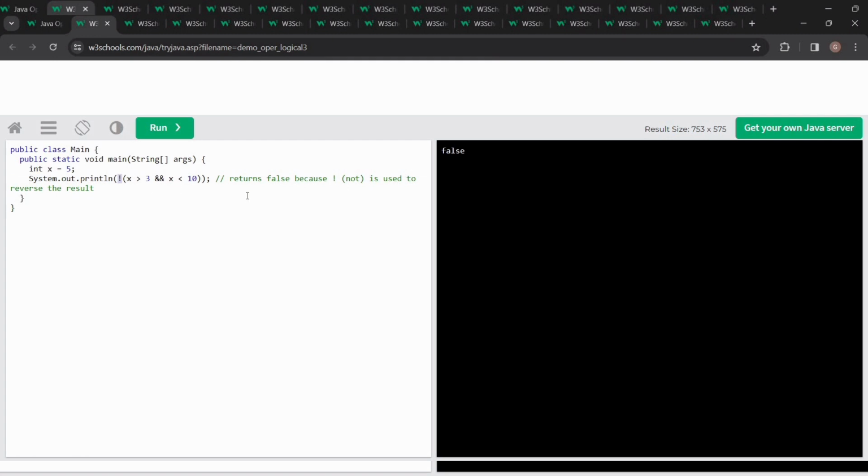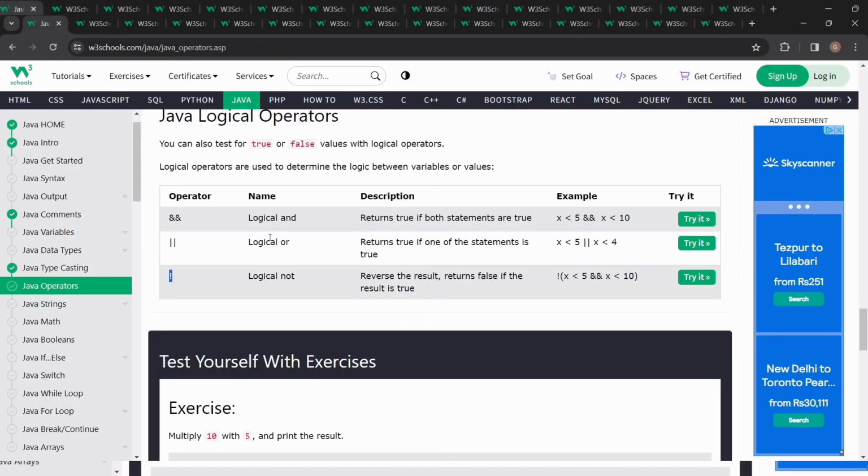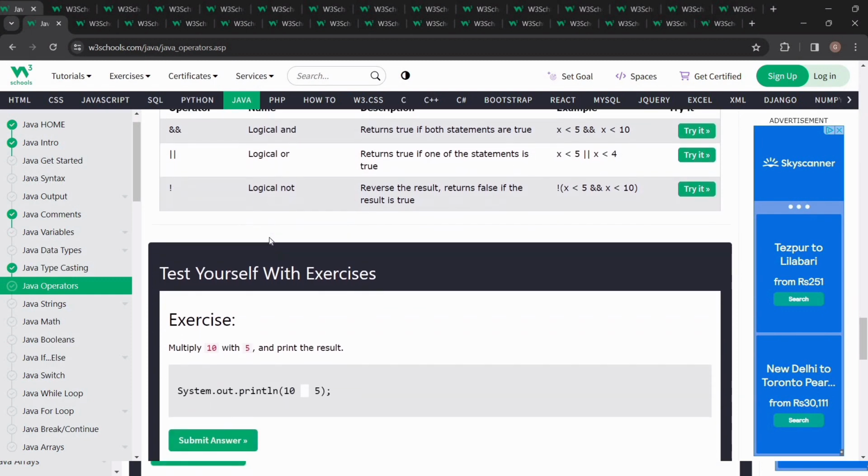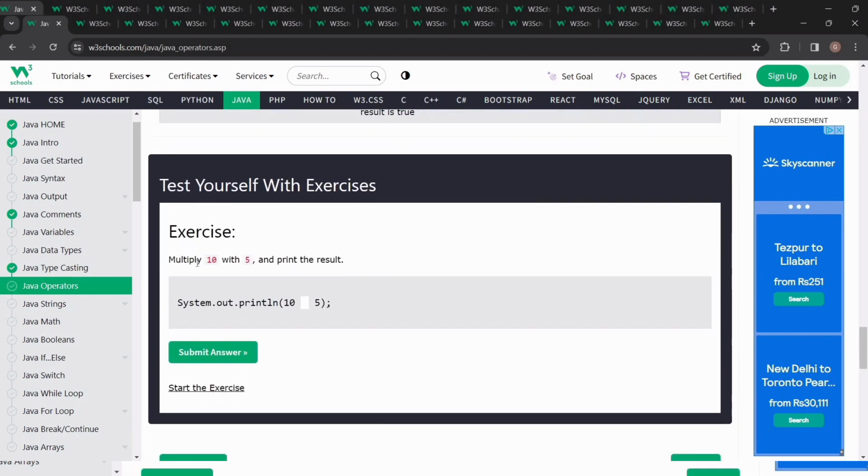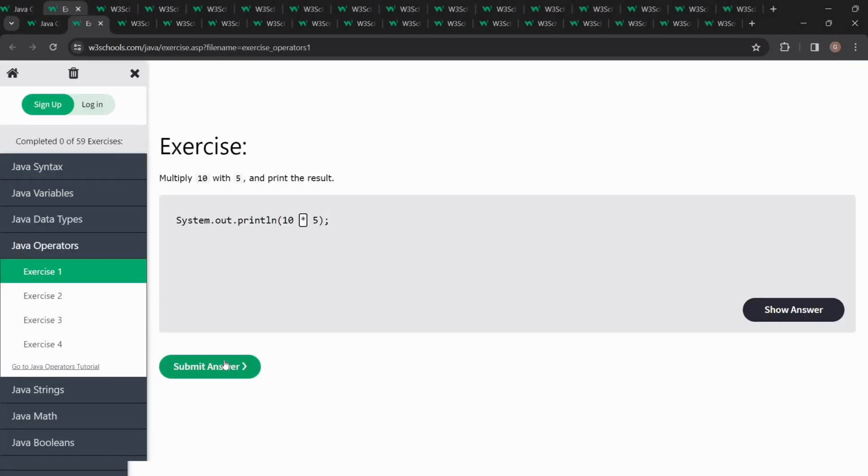Then this condition converts to false. Then the output will be the reverse of this condition. So you got it. We will do multiply 10, and we can put submit answer, and you can see